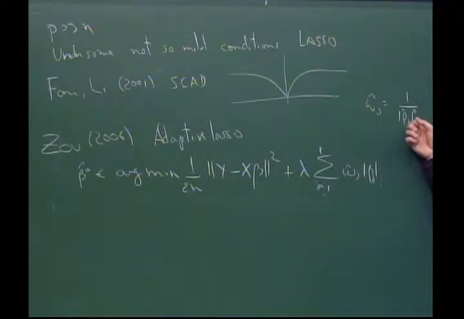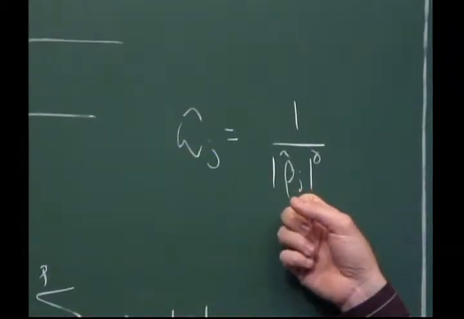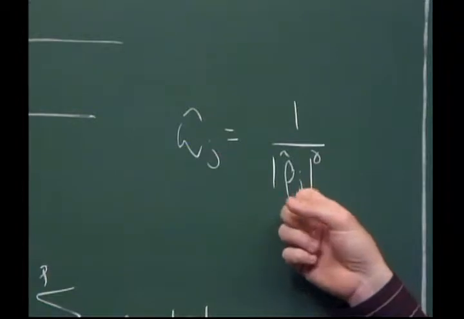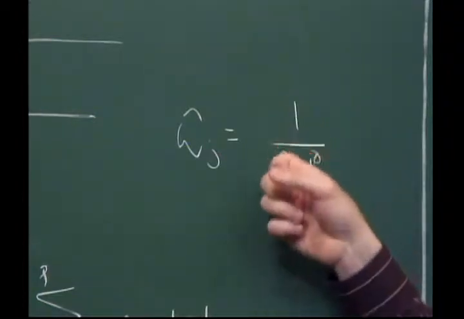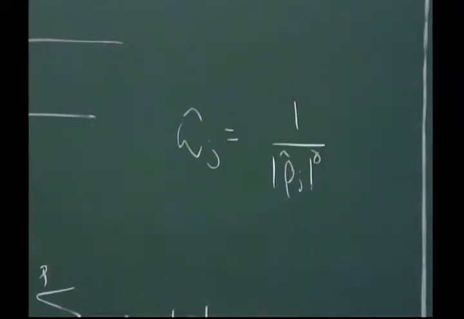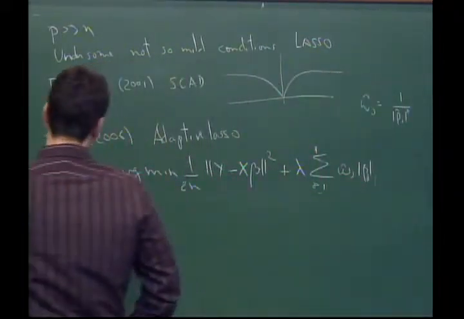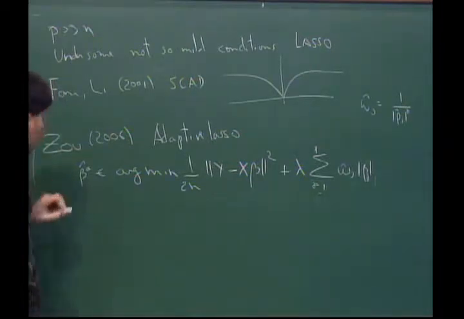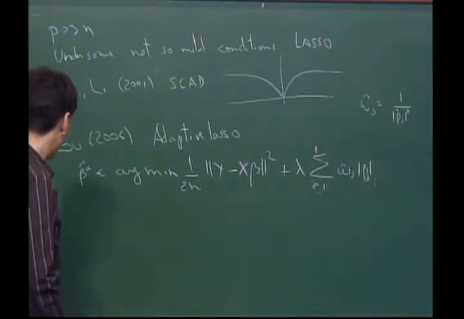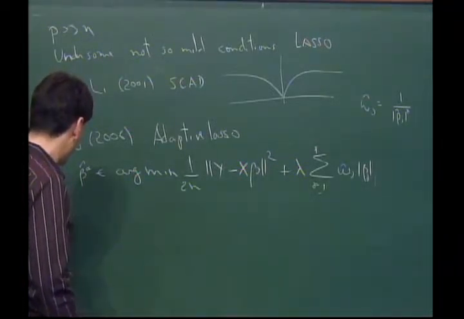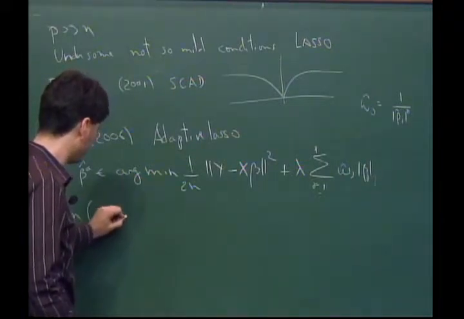So the intuition will be that if the coefficient was very small, this extra weight will be very large. In particular, if this is going to 0, this weight will be going to infinity, and then I will not use this component in the next step. Only big components from Lasso would have this low weight, and they will be preserved. That was kind of the idea of the method. And it provides conditions under which this also achieves perfect model selection. And then that generates this literature which is based on the oracle property.